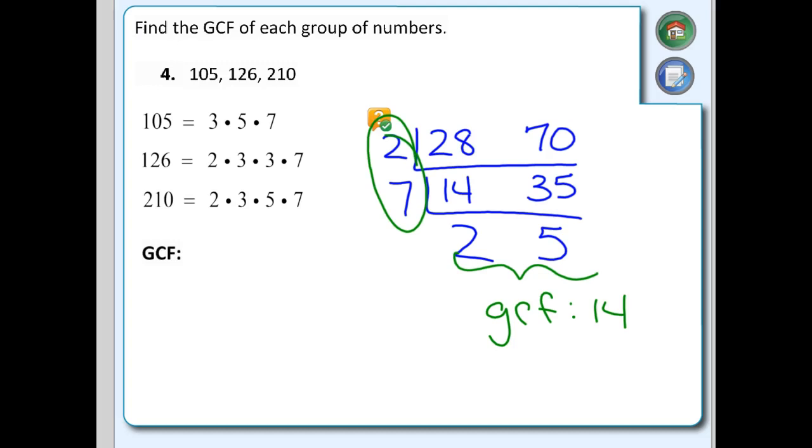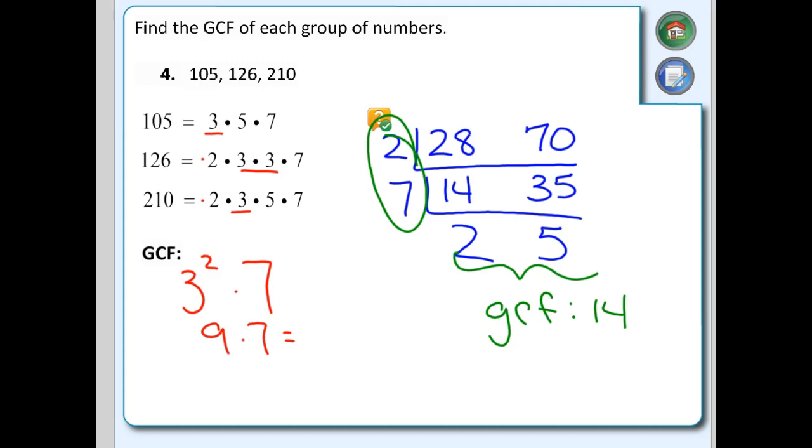I've got a 2 here and a 2 here, but I don't have a 2 in the third, so 2 is not a common factor. 3 is a common factor, and so we're going to take the greatest common factor, so it's going to be 3 squared, because this one has 1, this one has 2, and this one has 1. Now, I've got a 5, but not in all 3, and then we've got a 7. So we've got 9 times 7, which is,